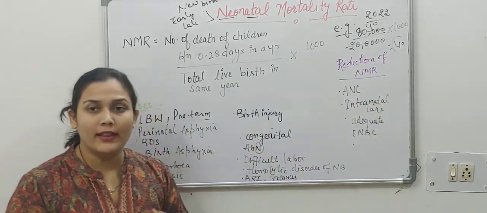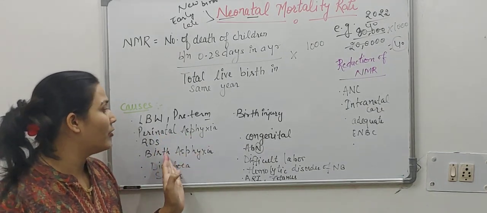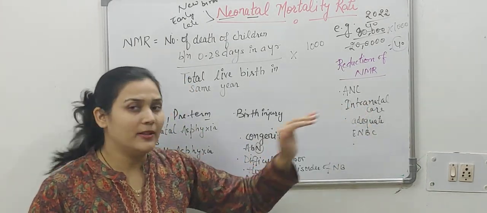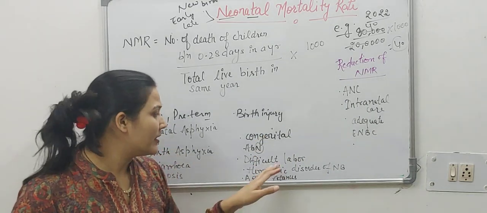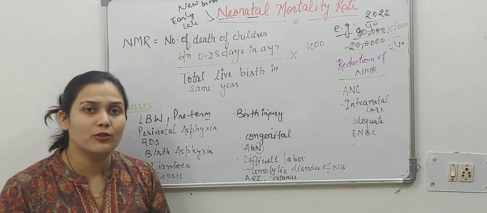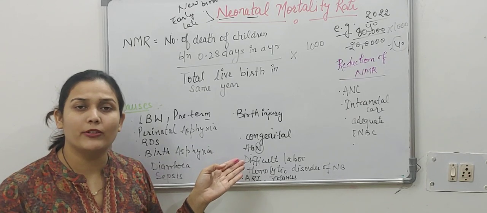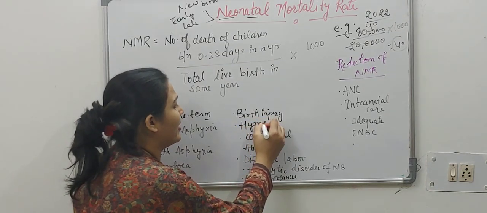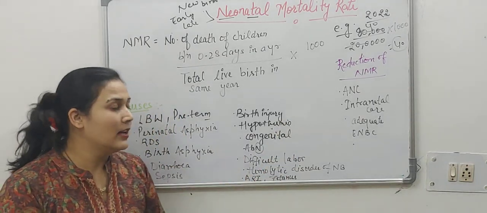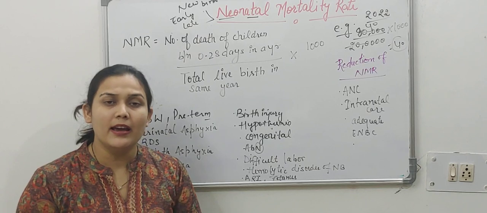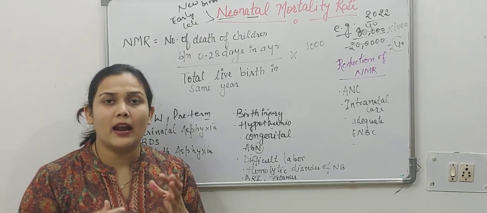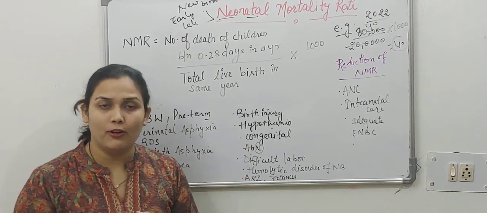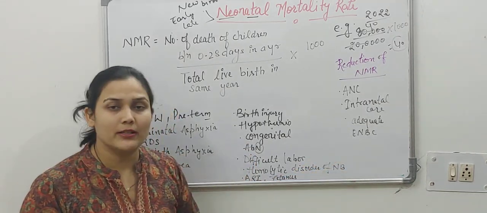Second is intranatal care. When the baby is born, birth asphyxia is one of the causes leading to neonatal mortality. For that we will give better intranatal care. When the delivery is taking place, we can prevent tetanus by maintaining the clean chain and the warm chain. Because of hypothermia, some neonates die. Hypothermia is one of the leading causes, the silent killer in newborns. So during intranatal care, we should do hospitalized delivery and maintain the clean chain and warm chain. If there is a high-risk pregnancy, we will advise delivery at a tertiary level center, or there should be referral.